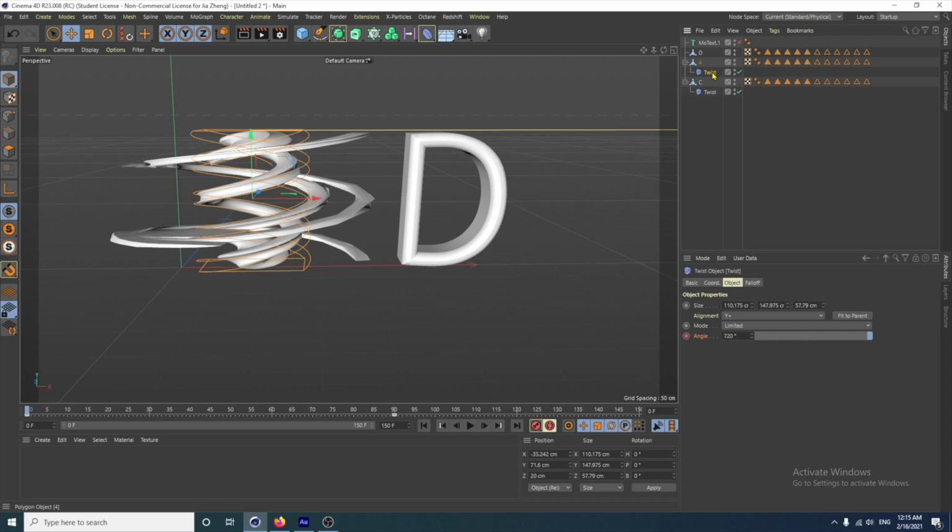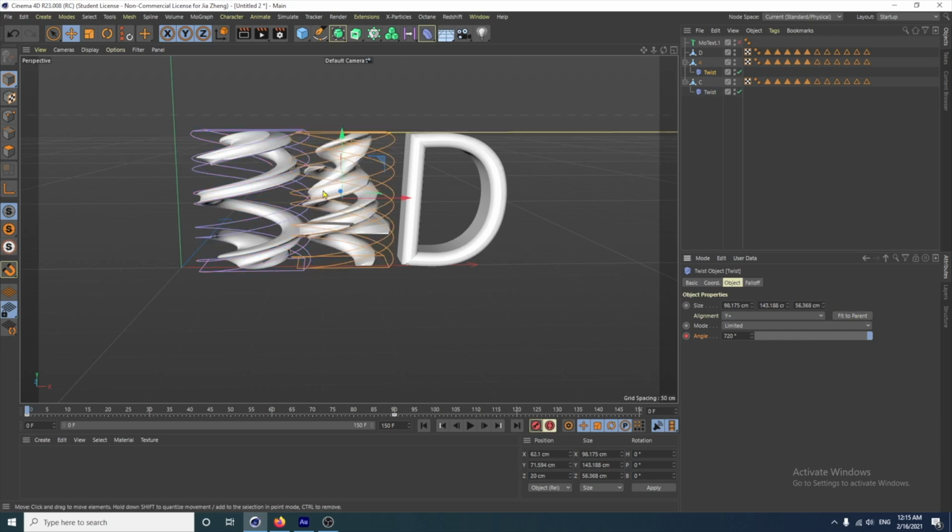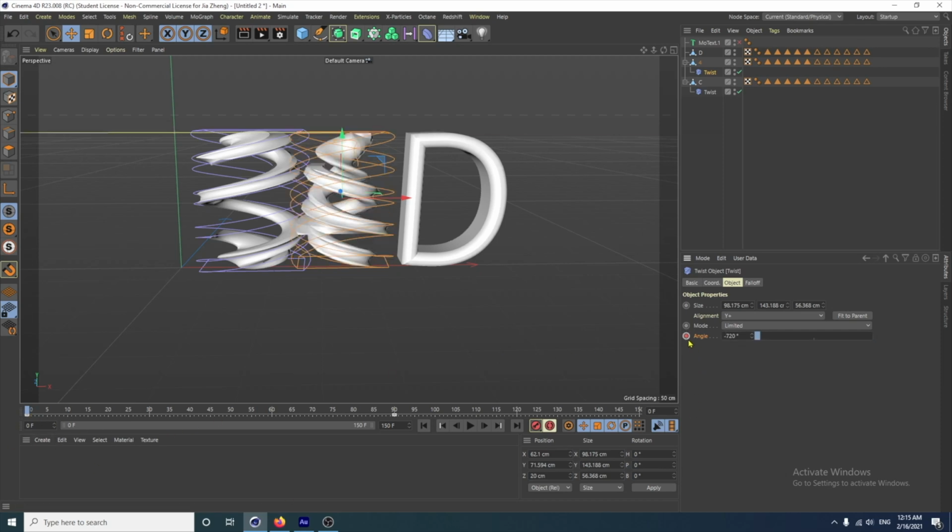Copy this twist, so control, go to the twist and bring it up and drag it to underneath the 4 and click fit to parent. So now it's on the 4. Let's make this minus 720. Make sure you're at 0 on the timeline and click on your keyframe